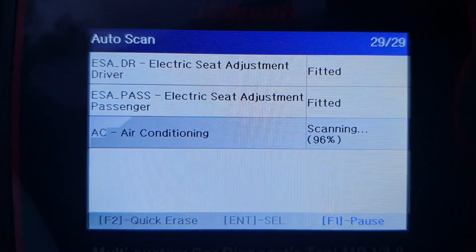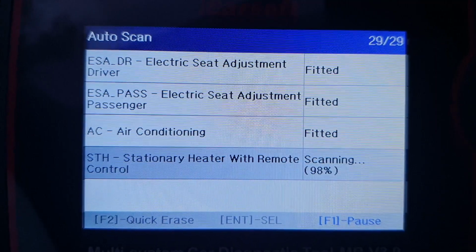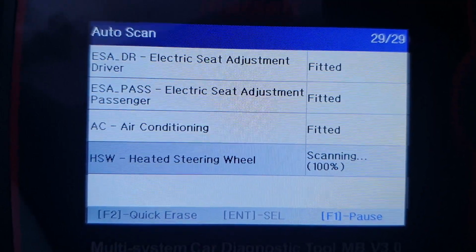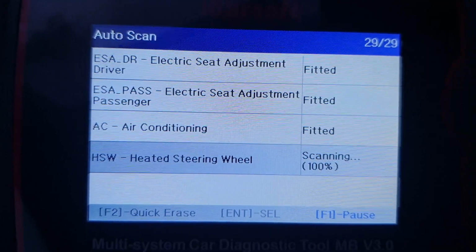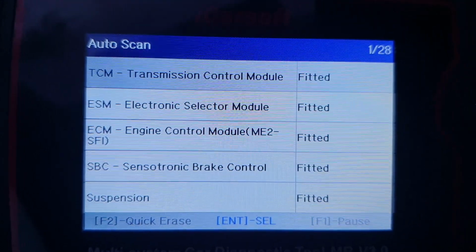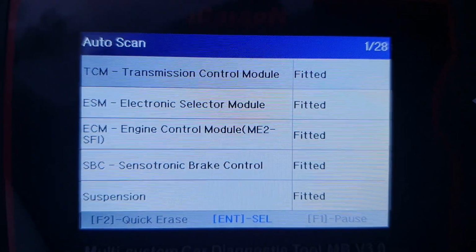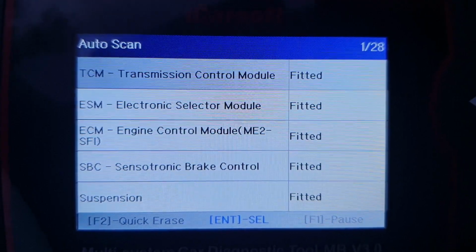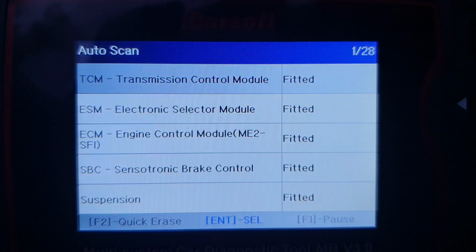28 so far, 28 systems, 29. I believe there are 29 systems on this. Oh, 28 systems. Okay. Now I can choose any one of these. So let's say